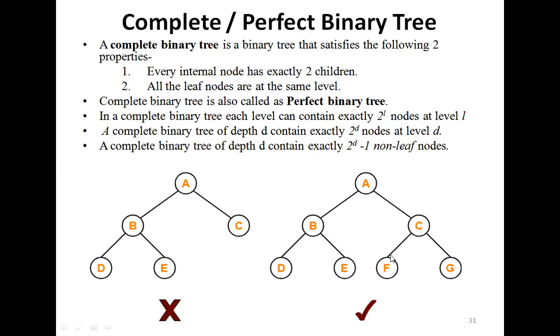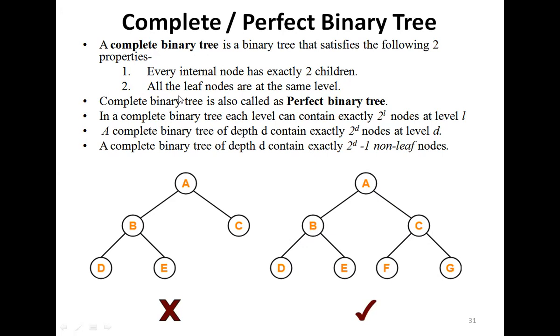Okay, but you take this diagram, this tree. In this tree, you take this first condition, check this first condition. Every internal node has exactly 2 children. Now what are the internal nodes? A is internal node, it is having 2 children. This is child, this is child, 2 children are there. You take this node, it is also having 2 children, D and E. You take this internal node C, this is also having two child nodes, F and G, right? So all the internal nodes, 3 internal nodes are there in this tree, A, B, and C, and all the nodes is having exactly 2 children.